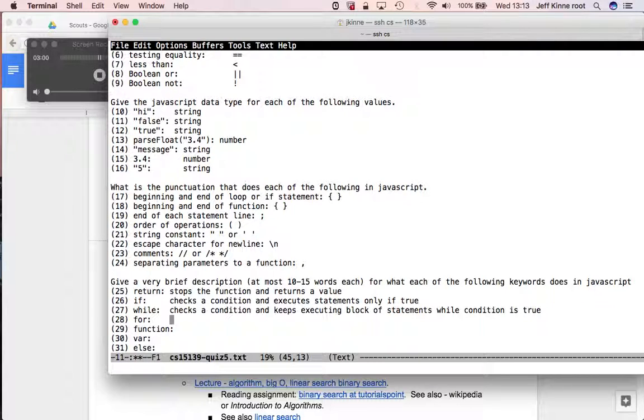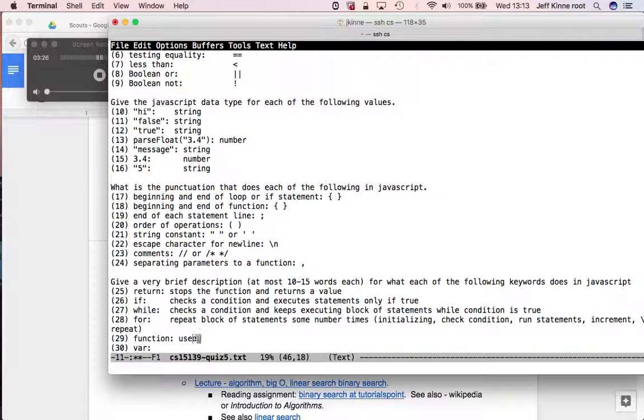For repeats a block of statements some number of times, and how it actually does it is you have an initializing check condition, run statements, increment, repeat. That's more than 10 words, but